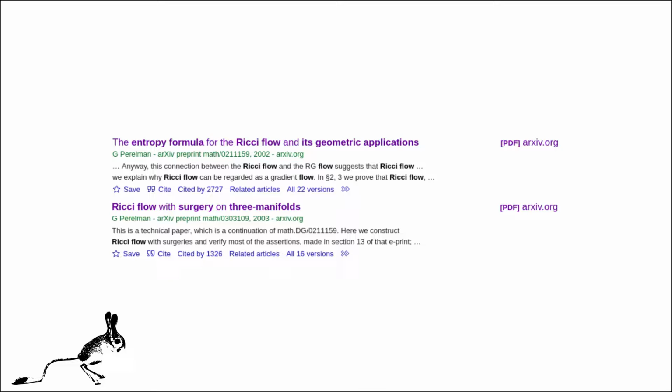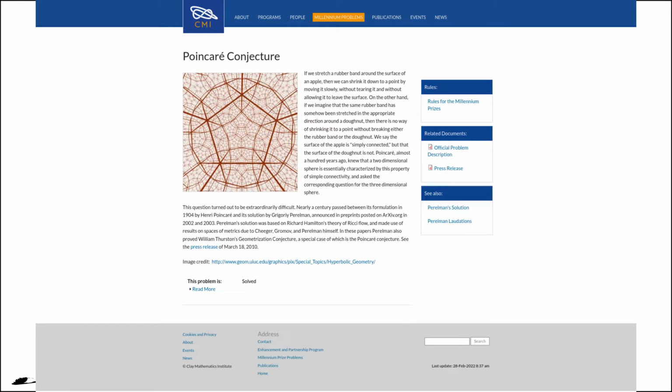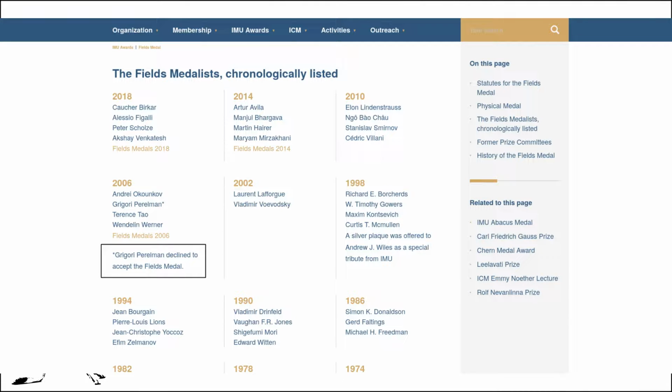After the mathematics community read and eventually understood his documents, his contribution earned him both the fame of the only, to date, solved Clay Institute Millennium Prize problem, worth $1 million, and the Fields Medal, the mathematics equivalent of the Nobel Prize. He rejected both. Clearly, it's possible to do the highest quality of scientific research without journals. So how did we get here?